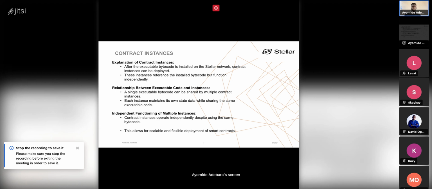So now, the contract instances. What are contract instances? After the executable bytecode is installed on the Stellar network, then a contract instance can be deployed. These instances reference the installed bytecode but function independently. So what does this mean? This means that whenever you push a WASM bytecode to the Stellar blockchain, the WASM bytecode includes the implementation